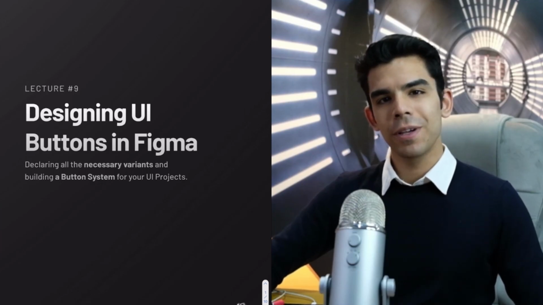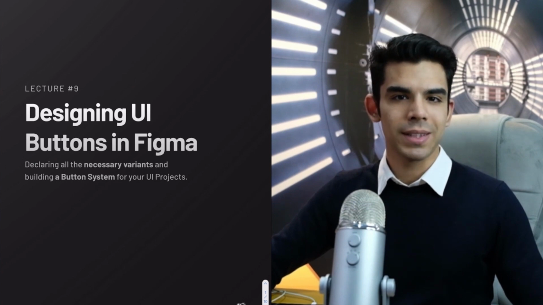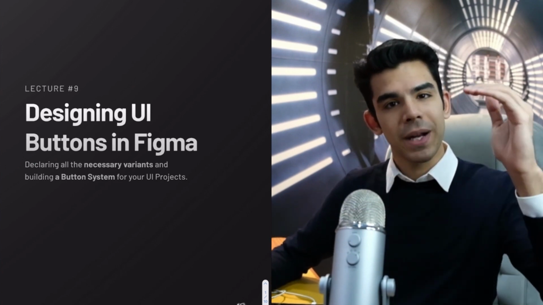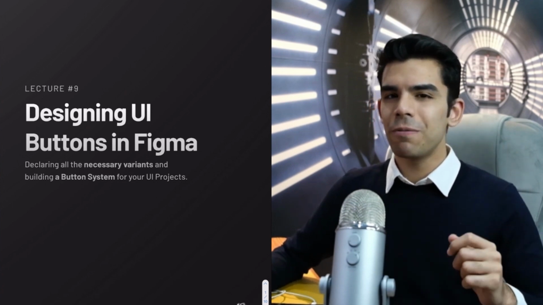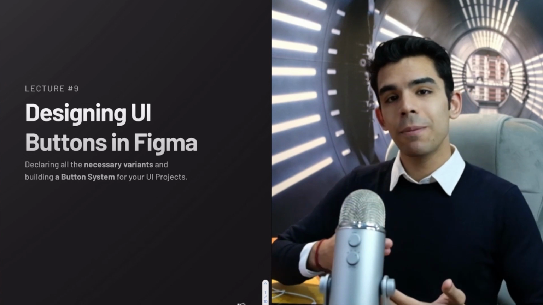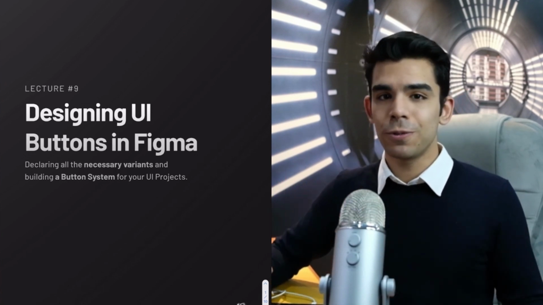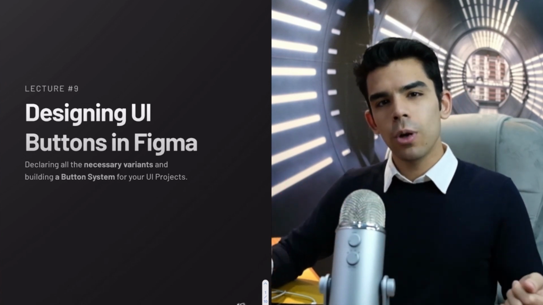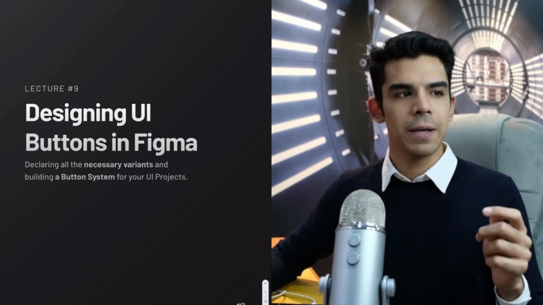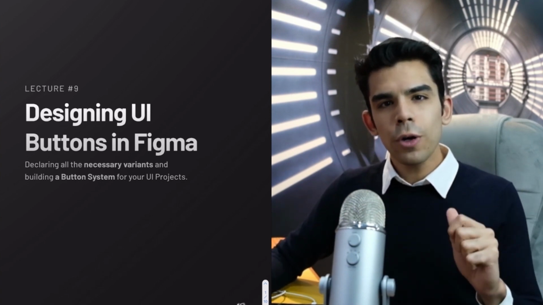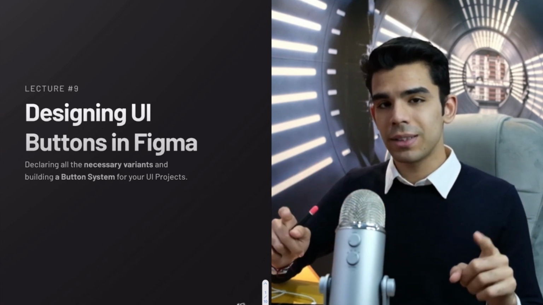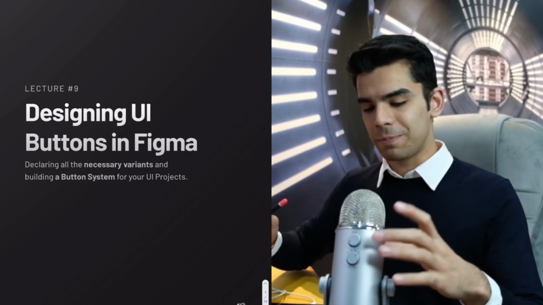Every time you open the Figma community file of a really popular design system, you feel very inspired by the way they organize their primary, secondary, and tertiary buttons, but very few video tutorials actually go deep into the step-by-step process of declaring those variants properly. Even though a lot of people know that your buttons can have an icon on the left or right, they have primary, secondary, tertiary, there is a lot more that goes into the process of building a good UI button system, and that is what we will discuss today.